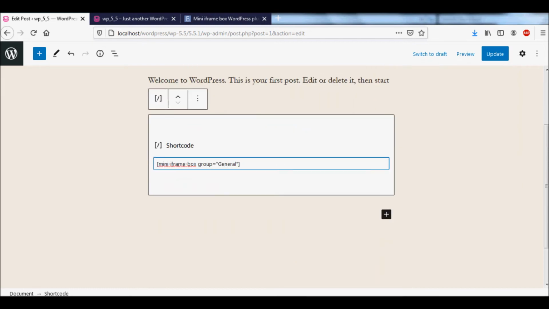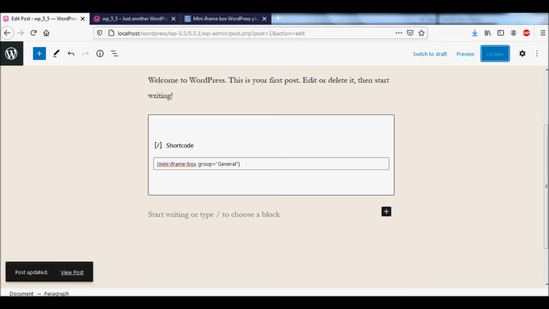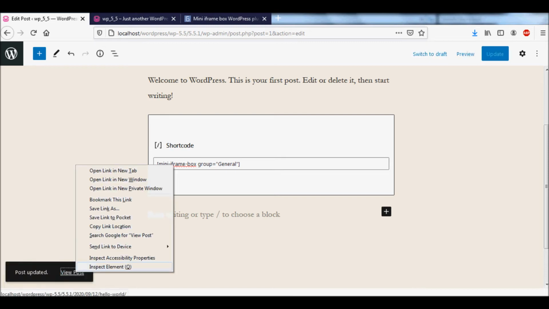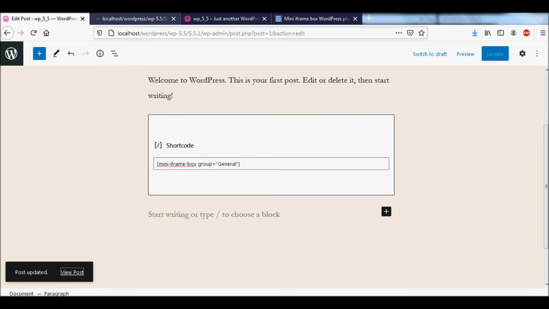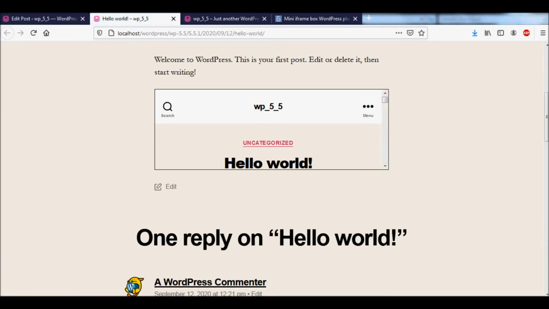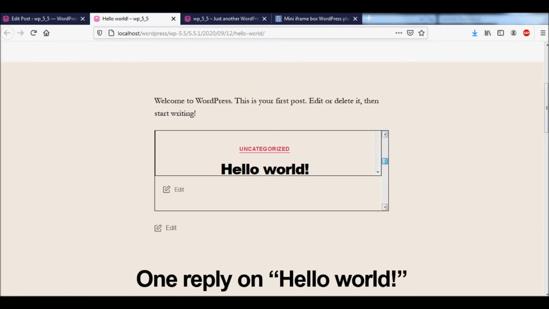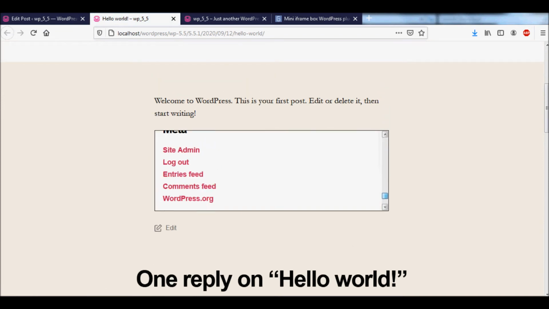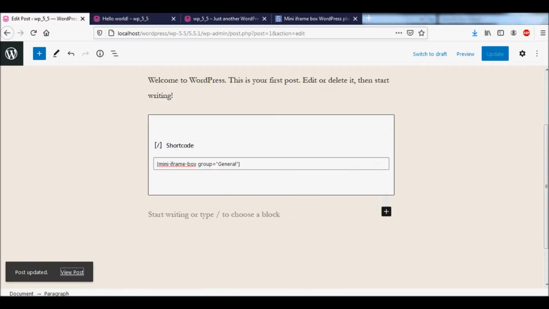I added the shortcode, updated. Update successful. Now I go to the post. Now we can see the message inside the iframe box.